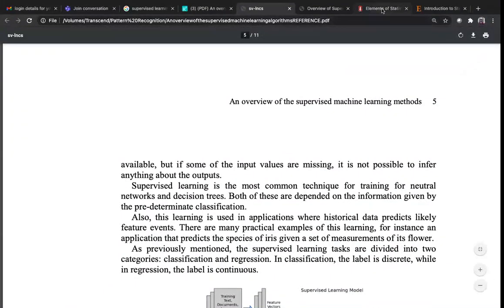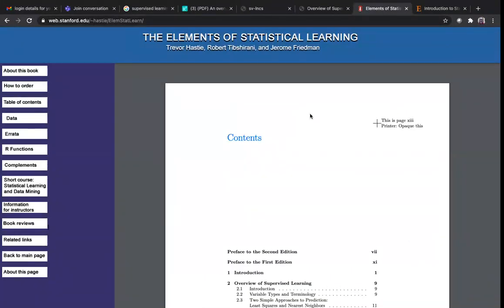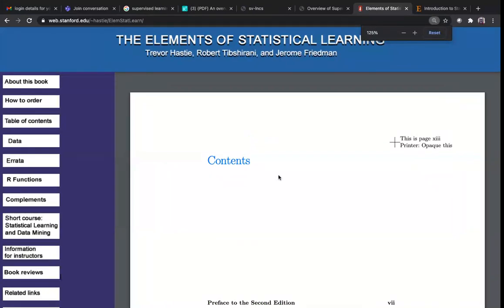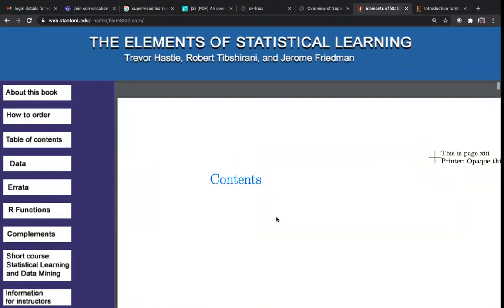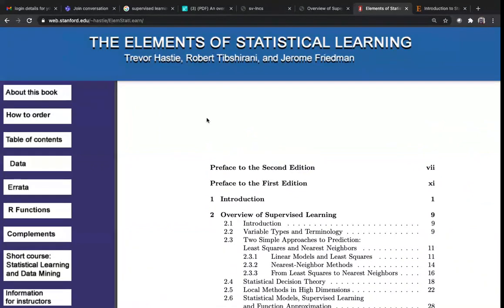Okay, let me try to switch over and show one more thing, which is a book, and as you can see, the name of the book is The Elements of Statistical Learning. This is a very serious kind of book, and what I have here is the table of contents put together. For the purpose of being able to show you better, I am trying to zoom in on that. First of all, you may note the names of the authors: The Elements of Statistical Learning by Trevor Hastie, Robert Tibshirani, and Jerome Friedman.